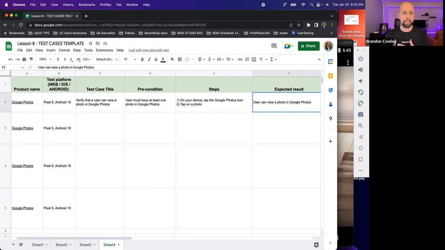You want to verify that, blah, blah, blah. When you're doing what's called a test run or a test flow, you're going to give those a pass or a fail. And as you check a test case and the expected result matches the actual result, then you say, yeah, this passed, and I move on.